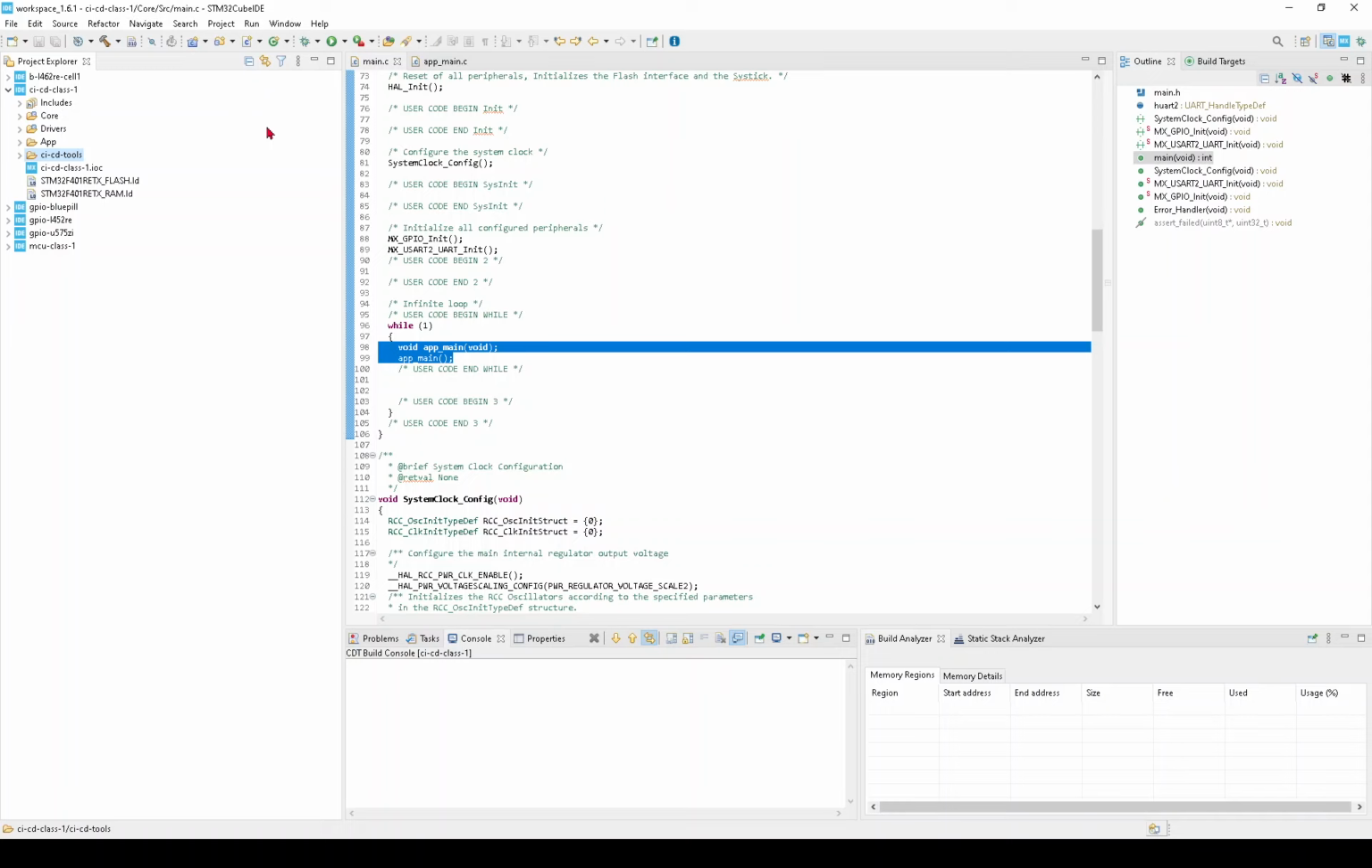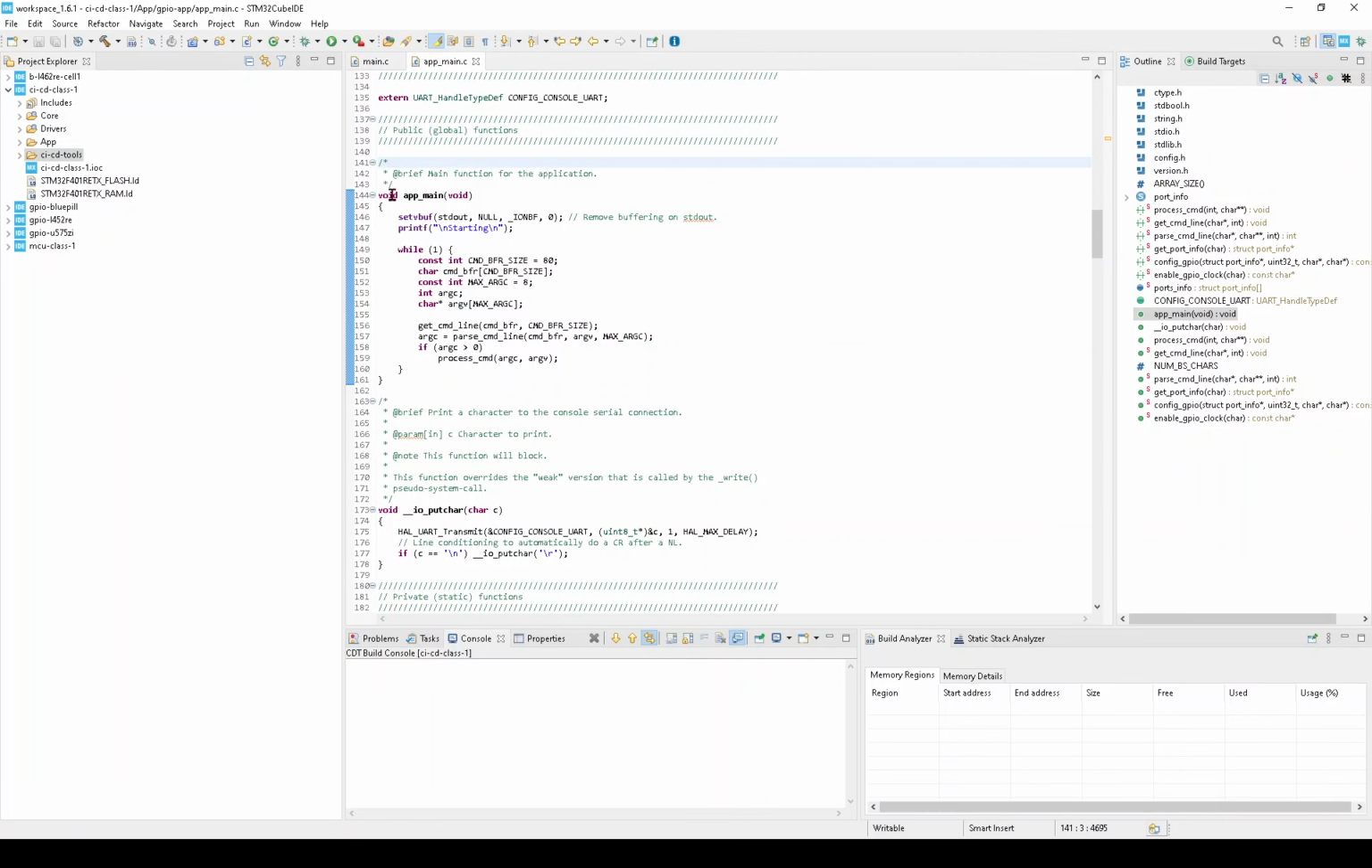Here I am in the IDE, and I've already added the application folder and the CI/CD tools folder here. I've also brought up main.c, and I can show you where I've added the hook to the application. This is the generated file, and I'm calling the application code app_main, and I have the C file that contains underscore main. So this is the main